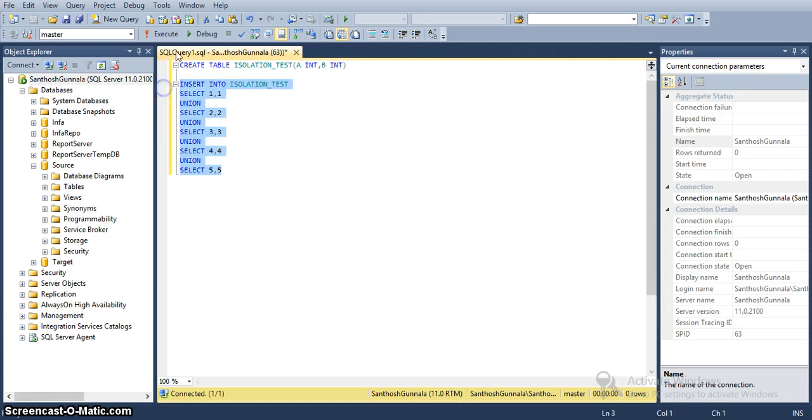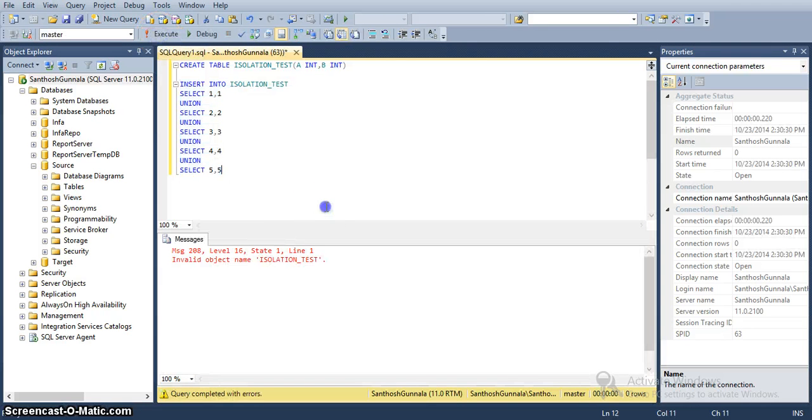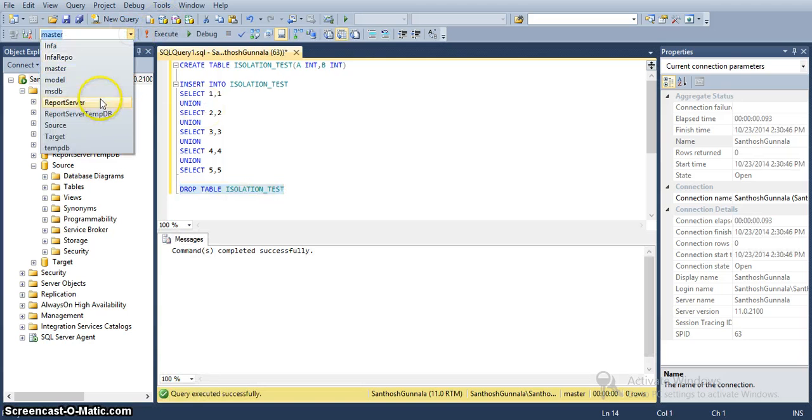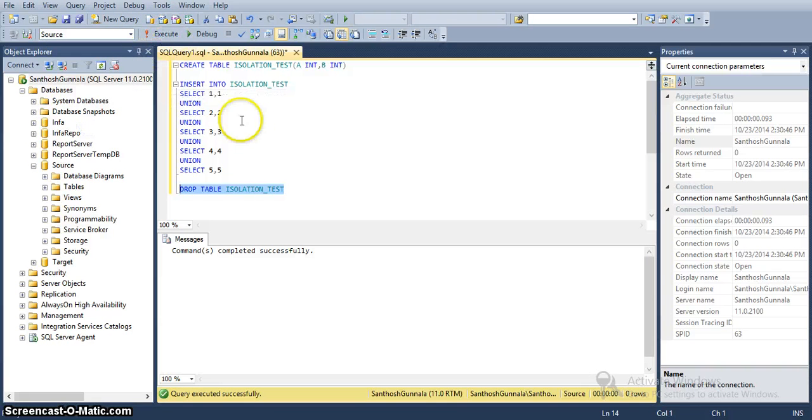I am inserting 5 records into this table. Sorry, I created this table in the master database, so I will drop this table and use the source database. The insert is done and the table is created. Let's start with isolation.